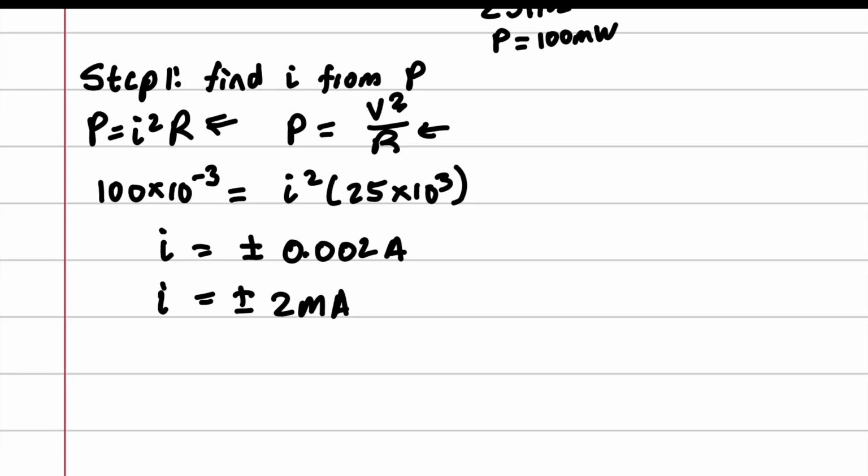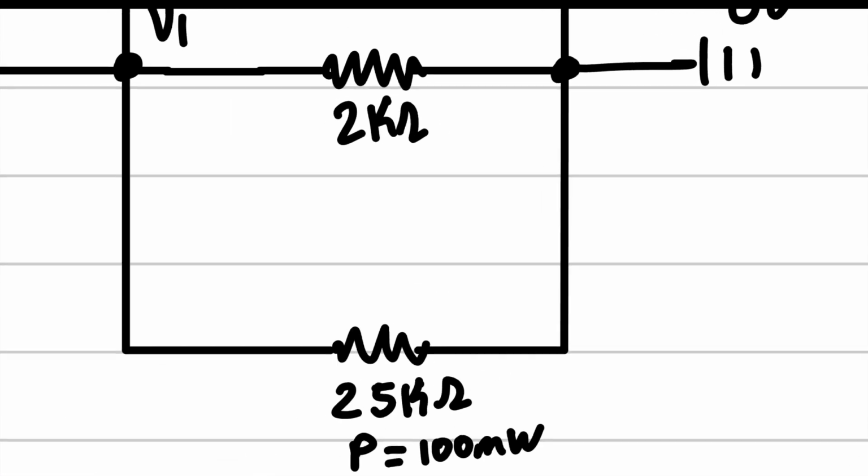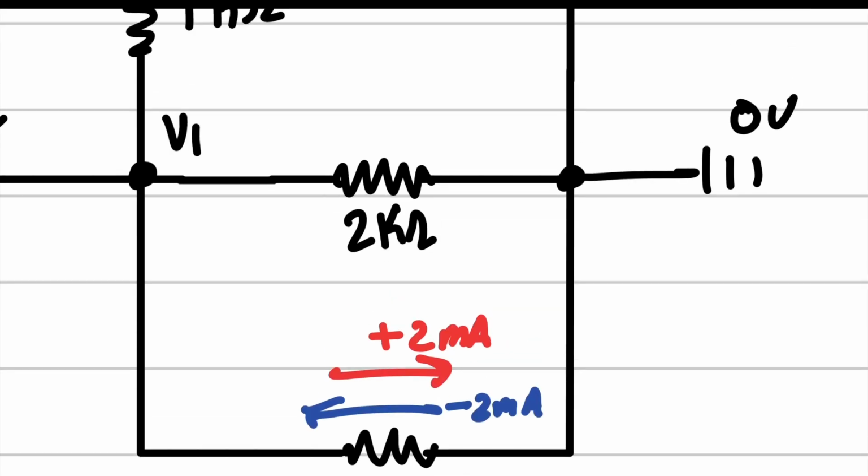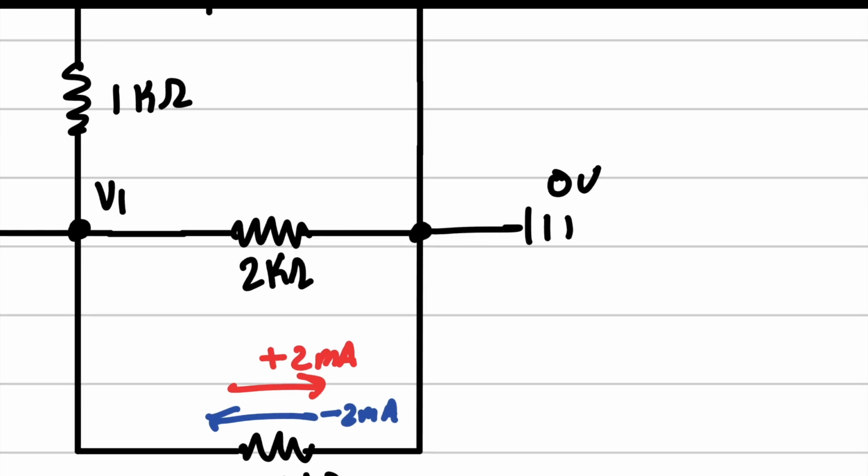Now, you may be wondering about this plus or minus. This is literally just saying that we have one current going this way and we have another current going that way. And we can decide which one is the minus and which one is the positive. I'm going to call the positive as going this way, plus 2 milliamps. And I'm going to call the negative as this way, minus 2 milliamps. And the reason why is because we are given a ground in this case. So